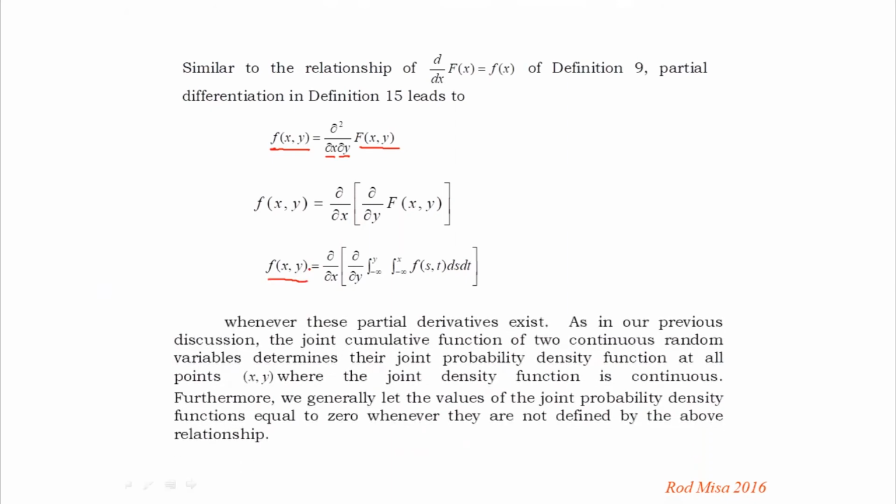So whenever these partial derivatives exist, as in our previous discussion, the joint cumulative function of two continuous random variables determines their joint probability density function at all points x, y, where the joint density function is continuous there. Furthermore, we generally let the values of the joint probability density functions equal 0 whenever they are not defined